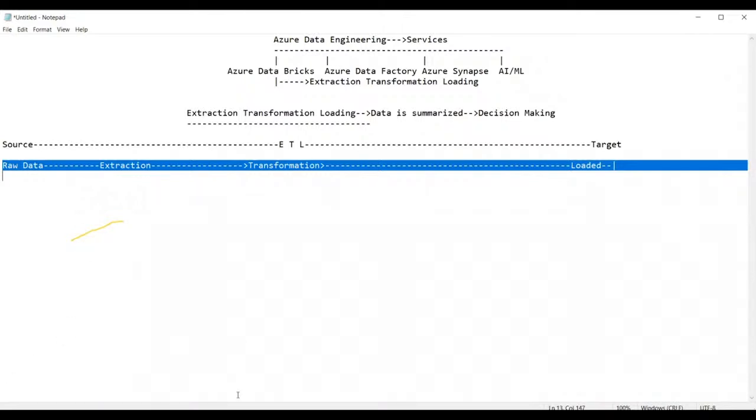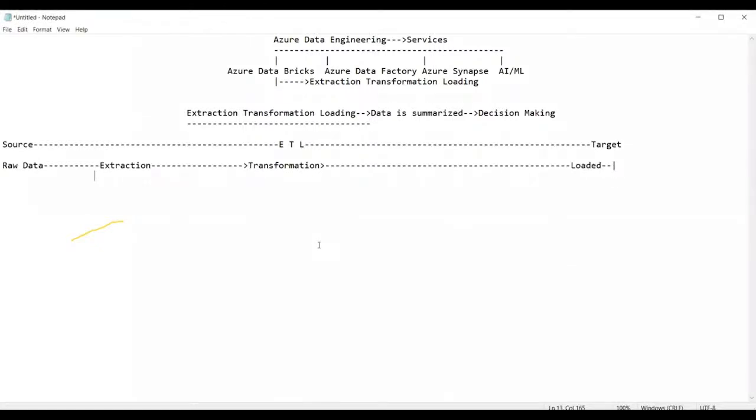There is nothing where you need to worry about how things will move on. All these things, you need not worry about. Simply, extraction, transformation, and loading is the process. Extraction, transformation, and loading is the process of picking up the required data,